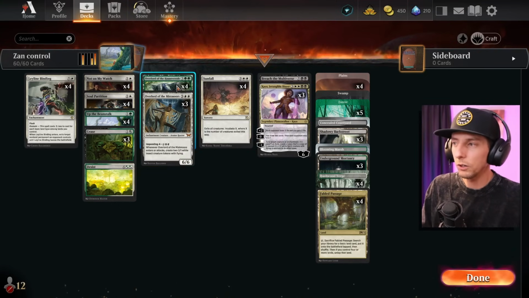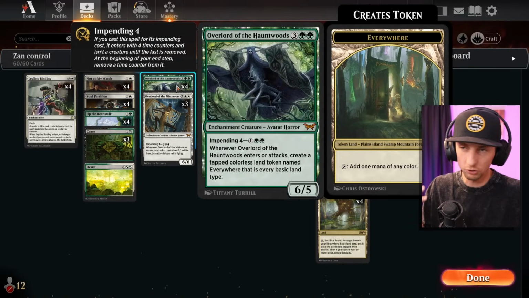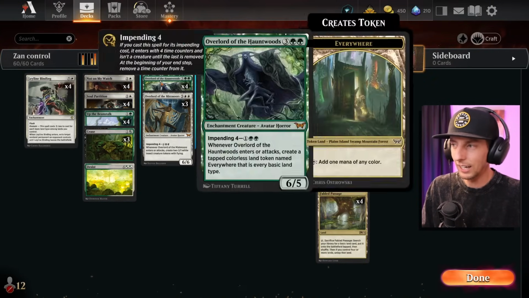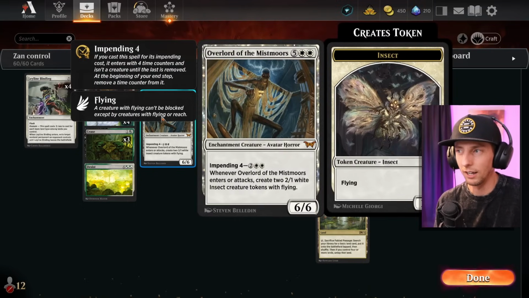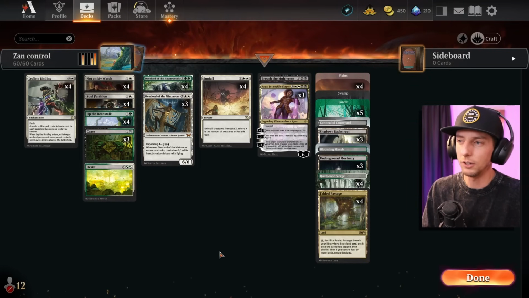We've got Overlords. Obviously the Overlords, if you play these for their impending cost, still count as the bigger end of the creature, so you're going to get the card draw off of the Beanstalk, and we also get the ramp and the extra bodies off of the Overlord. Overlord's a nice little way to maybe end the game later, but as you can see, our main win con